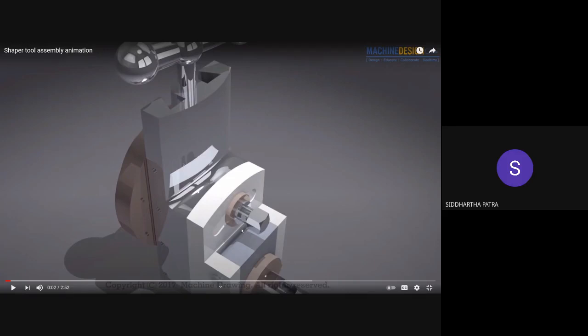Now what this clamp screw does is, you can loosen this clamp screw, and with that you can allow this swivel plate to rotate relative to the vertical slide.